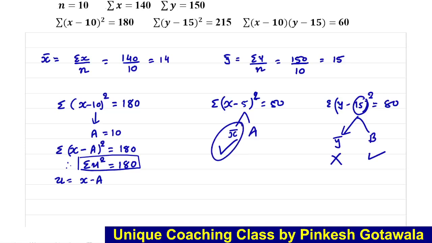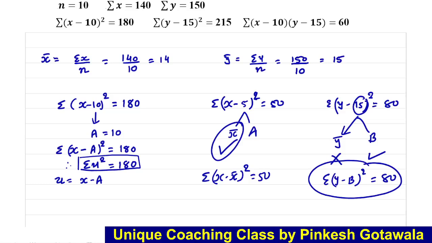Here x bar match, so we can write this x minus x bar 50, and this side y bar not match, so it become a y minus b 18. Okay, એક બાજુ x bar match થાય છે, એક બાજુ y bar ને બદલે assume mean match થાય છે. So in this situation, remember, if any one variable x or y, if one assume mean is match, બેમાંથી એકમાં પણ જો assume mean match થઈ ગયું ને,